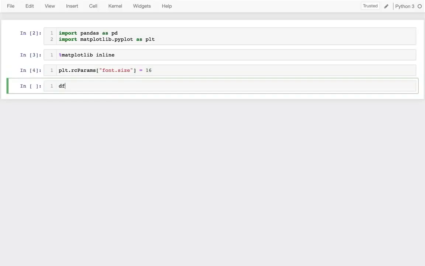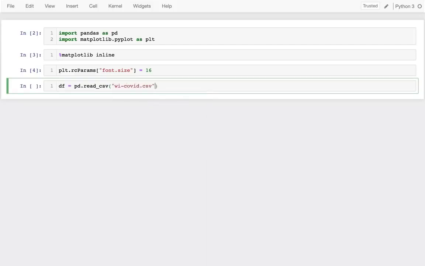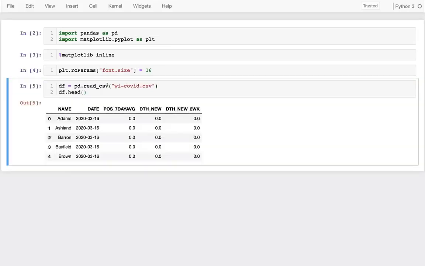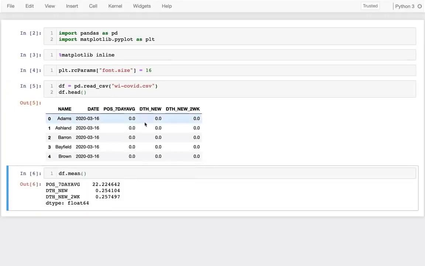Great. And so now I can actually get my data frame. So I'm going to say dataframe equals pd.read_csv. And what do I want? Well, that file I produced from that other notebook, which is Wisconsin COVID.csv. And let me just peek at that. So that's all good. And maybe just to make sure that all these things are not actually zero, I'm just going to say, what does the data frame mean? And so I can see on average in a given county in a given day, on average 1 in 4